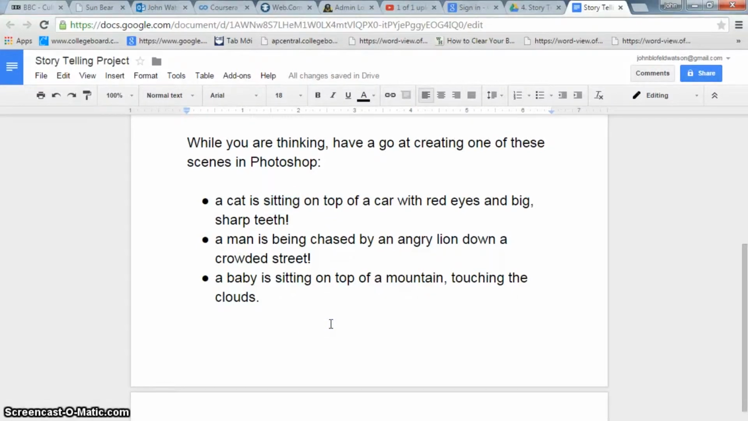Hi everyone. Today we're going to have a quick introduction to Photoshop. We're going to look at how to create a scene, and I've got three sample scenes here that we can